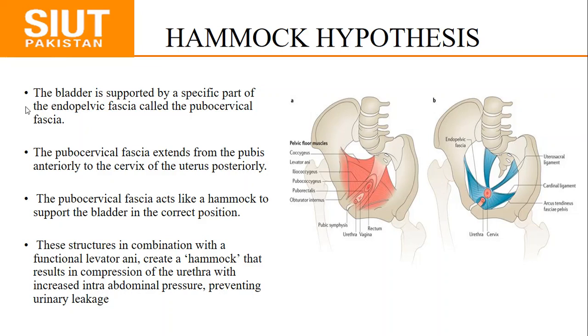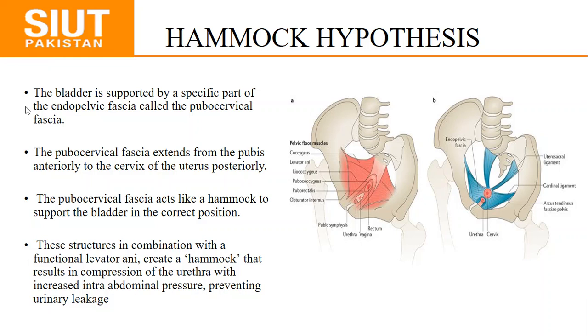And if there is a weakness in the endopelvic fascia because of multiple pregnancies, this is the commonest cause here in Pakistan. This endopelvic fascia damage and multiple pregnancies and labor, especially vaginal deliveries. So that's the HAMMOCK effect. And then the ISD is the intrinsic sphincter deficiency because of previous gynecologic surgeries, and